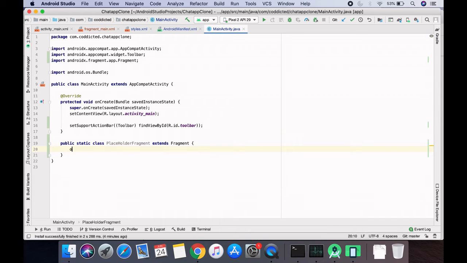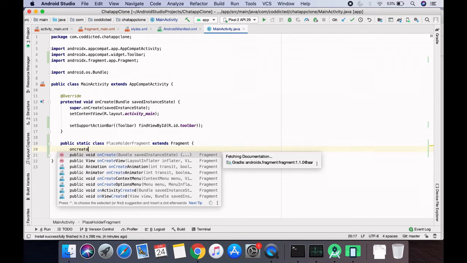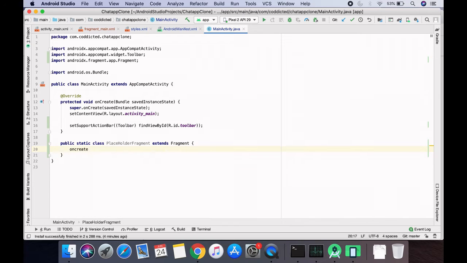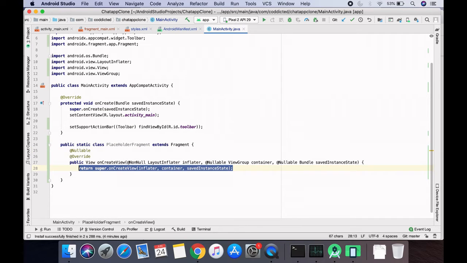Okay. So in this we are going to override one method called onCreateView, which will have layout inflater, container, and saved instance state. So let's remove this return super,